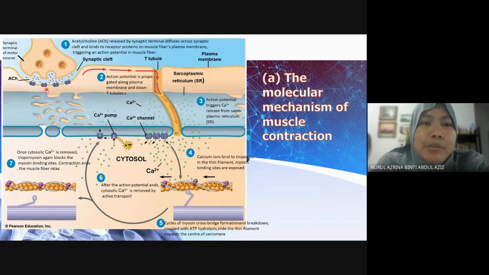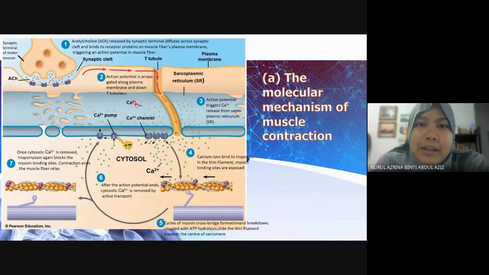So when the action potential occurs, you can see the action potential spread along the membrane. You can see, nampak ni. The action potential is propagated along the membrane. The action potential is depolarization, repolarization, depolarization, and so on, berterusan ni, right? It is propagated along the membrane and then spreads down to the T-tubule. So ni, T-tubule. Okay, so the action potential at the T-tubule triggers the release of calcium ion from